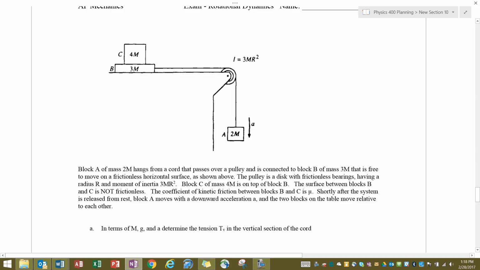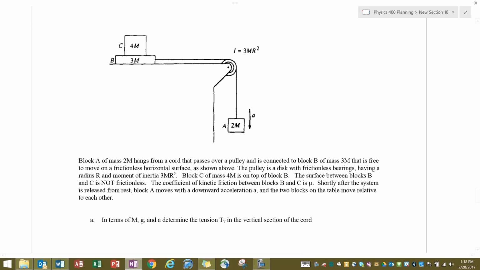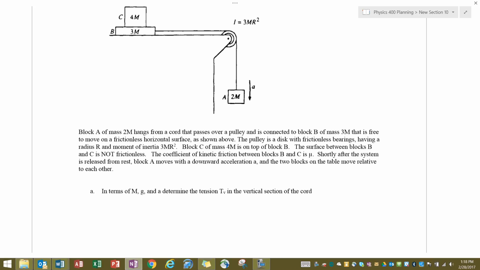Now we'll look at the second problem from that free response, and this one has a lot of symbols. The algebra can get a little bit tricky, but most of this problem actually doesn't have to do with rotational dynamics. Most of it is force diagram review. So a key thing to note, it gives you a bunch of symbols that you should work with, but a